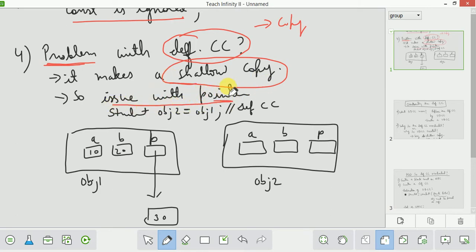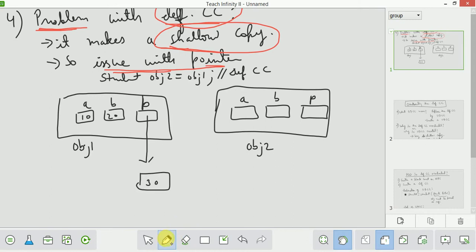Remember these two things: whenever you are using the default copy constructor, a shallow copy will be made, and there may be some issue with pointer. How? Let us understand this. For example, we have created two objects, object 1 and object 2. Object 1 has some values: the value of a is 10, the value of b is 20, and the third variable is a pointer.